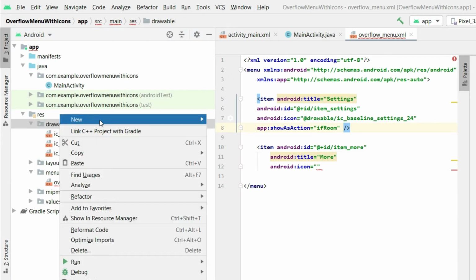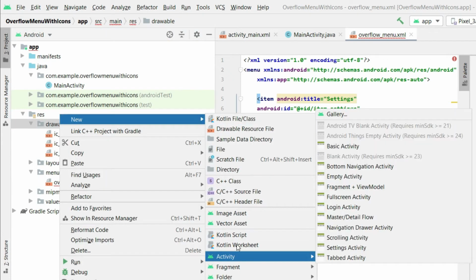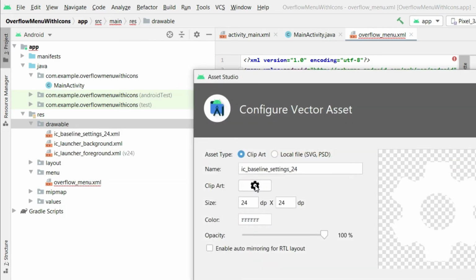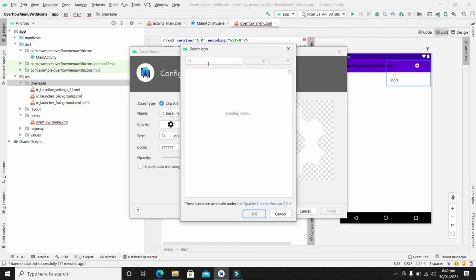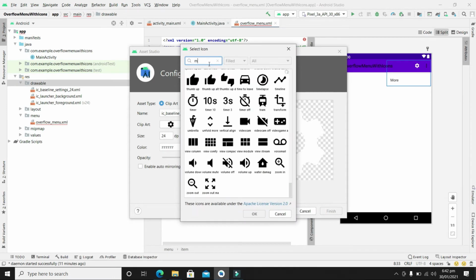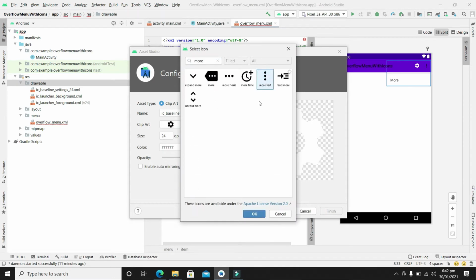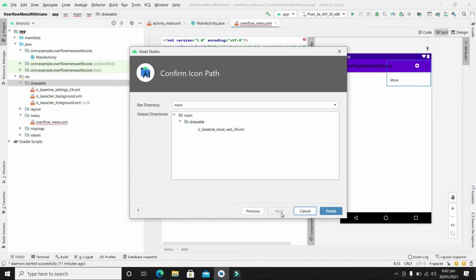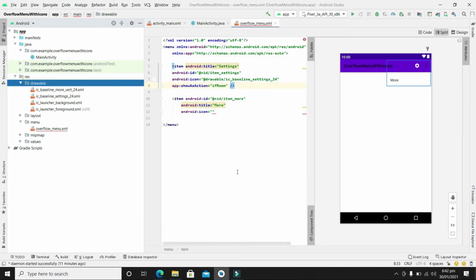Select the drawable folder, from new select vector asset. Click on this icon and search more here. So this is the more button, click OK. So this is white color, we are okay because we have to show the white color here. Click next and finish.